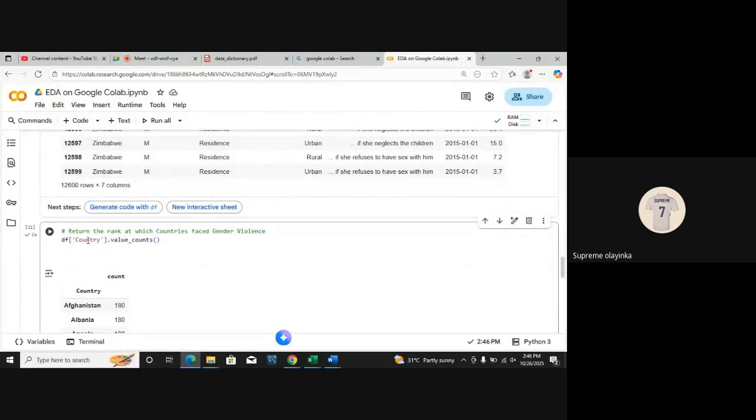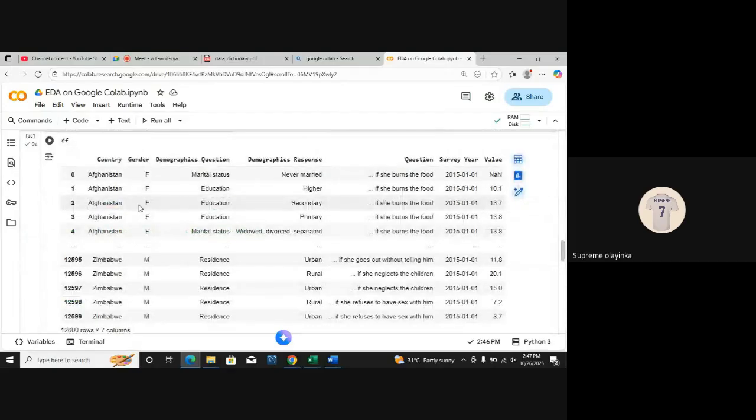So what this is trying to show is that we can see Afghanistan, the country name, 180 times. So if you record Afghanistan 180 times, that means they've suffered from gender violence 180 times. If this is an attendance list, everyone that is present will be on the list. Obviously, people that are absent will not be there. In this case, this is a gender violence list. Everyone that is present here is suffering from a gender violence case, right?